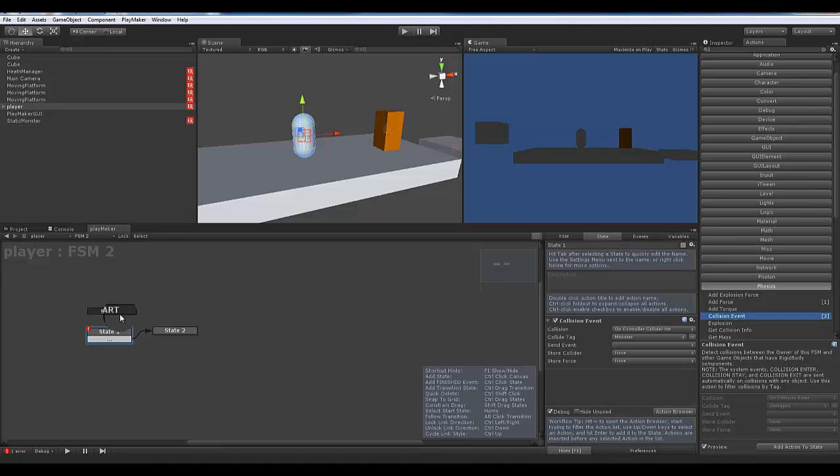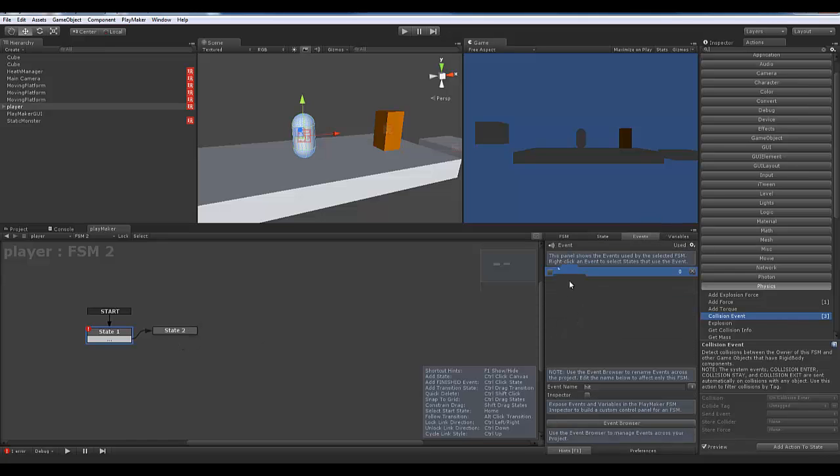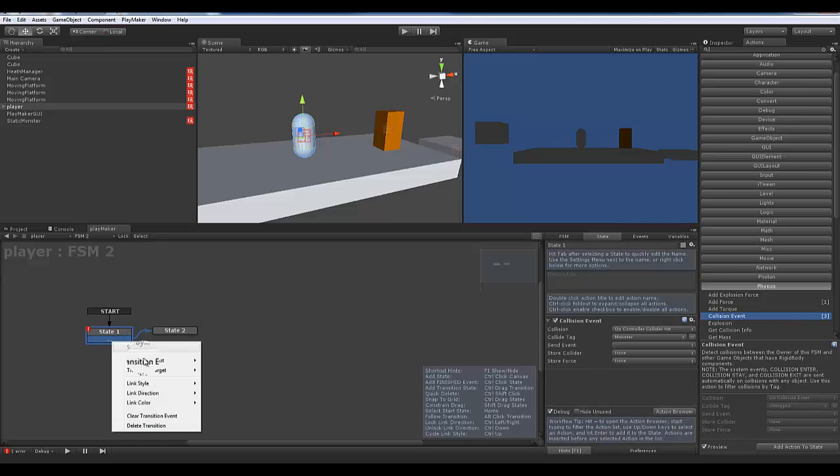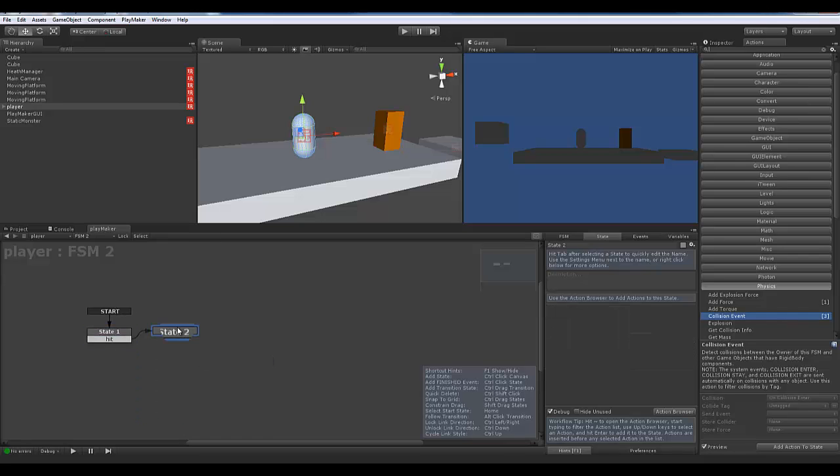What I've done is I added an event, hit, to this. So let me change that transition to hit. This needs to just be local, and then we're going to go to state 2. So once we've made contact with the monster, we need to send hit, and then from there that needs to do